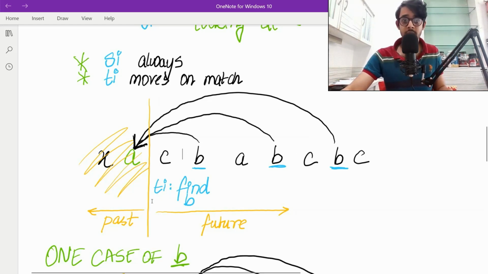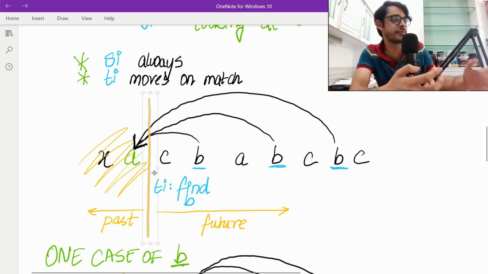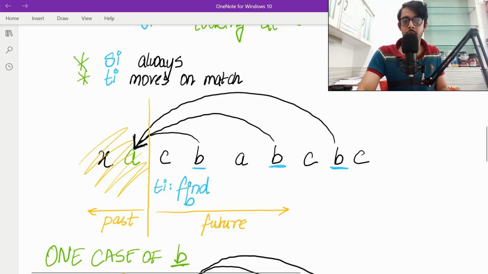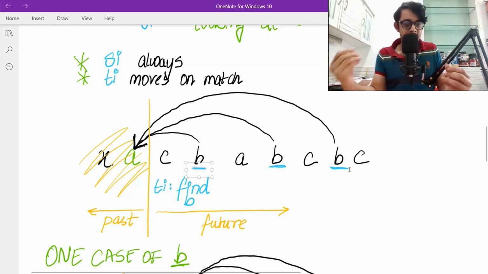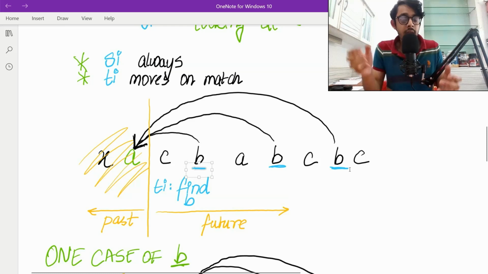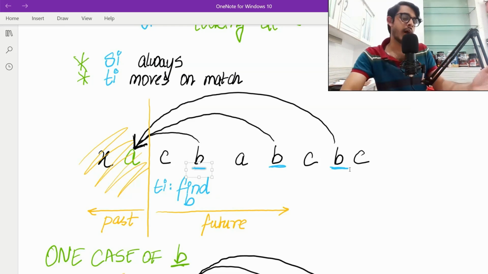This is still in the future. We're still over here. Okay, this is the current time, but we're trying to see what happens in the future if we pick this, if we are at this current time. Ti says go find B for me, and Si will iterate over all of these and get you these B's. These B's are inherently linked back to A, saying that A is now currently containing all of the information for what happens into the future.